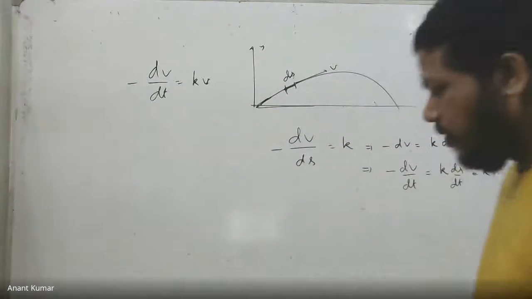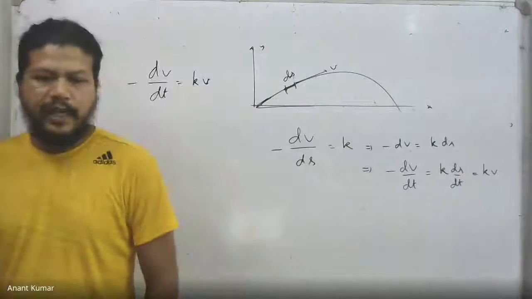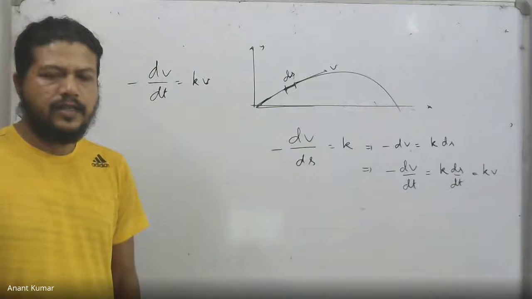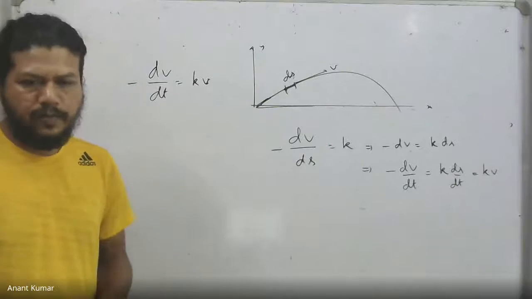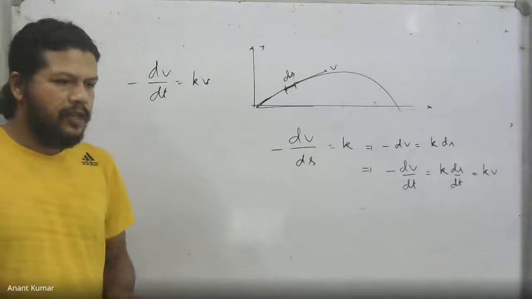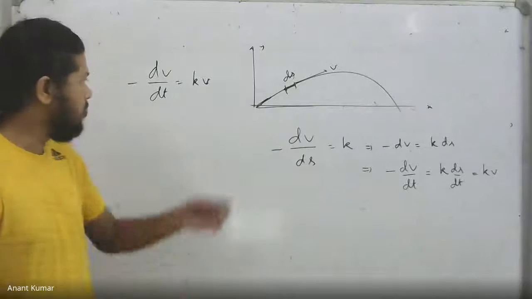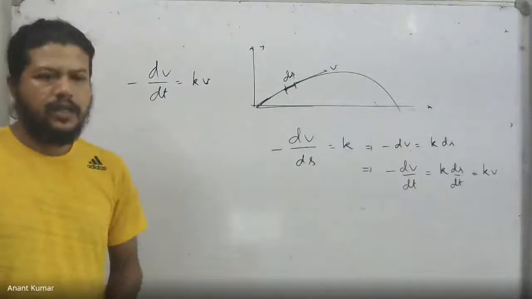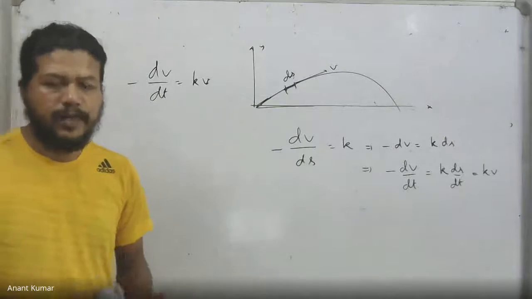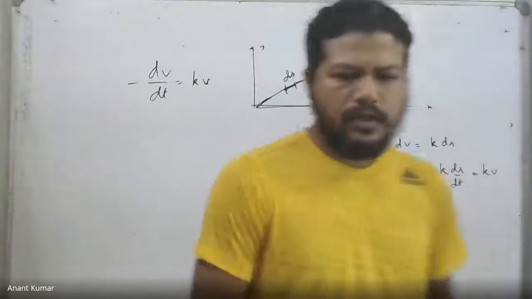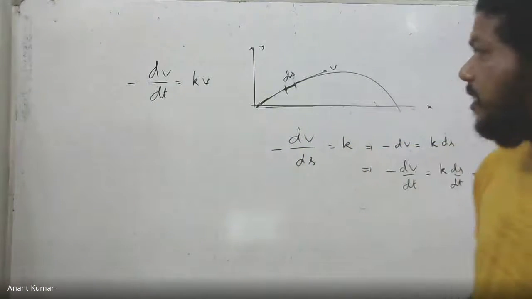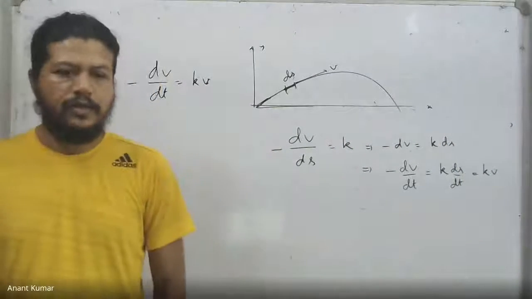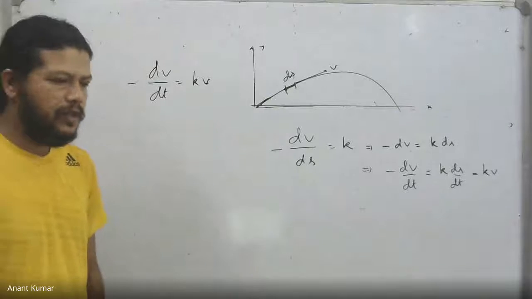This is a very realistic situation, as I was saying earlier. Normally, the air resistance does play a role, and this is how it acts. Normally, the air resistance force is proportional to the speed, and that is why it introduces an acceleration which is proportional to the speed. So the speed reduces at a rate which is proportional to the speed. The faster it is moving, the faster is the reduction in speed at that point of time. The slower it moves, the slower is the reduction.